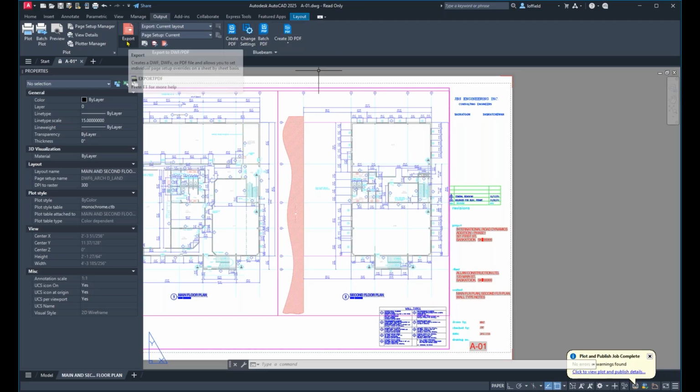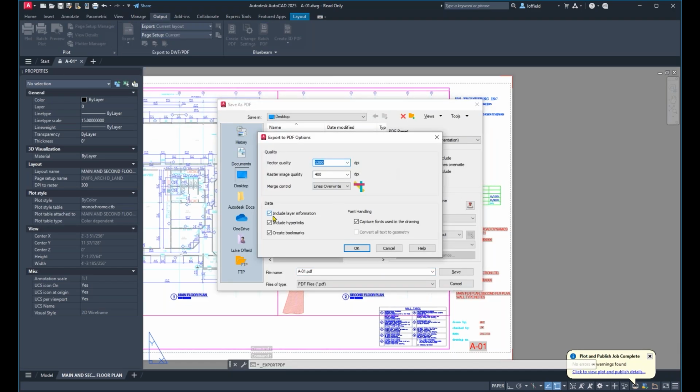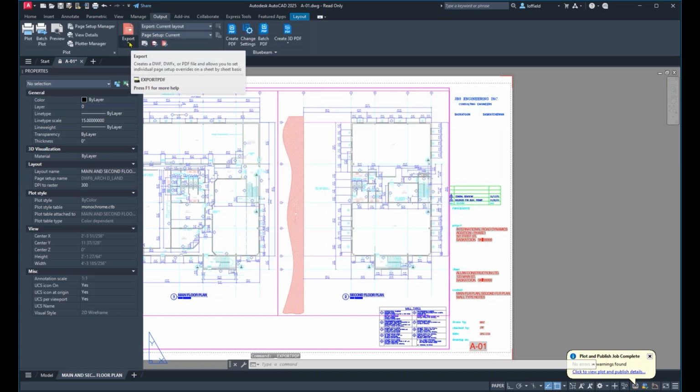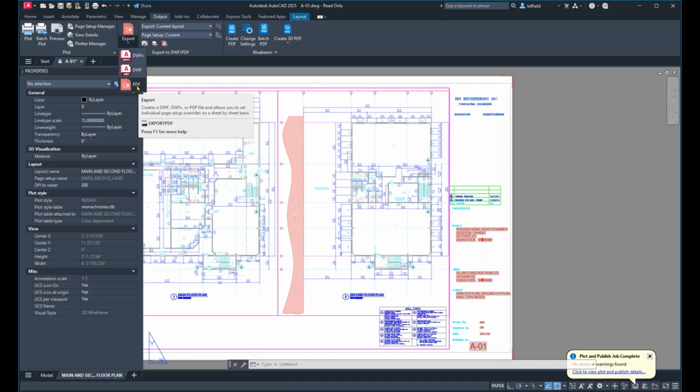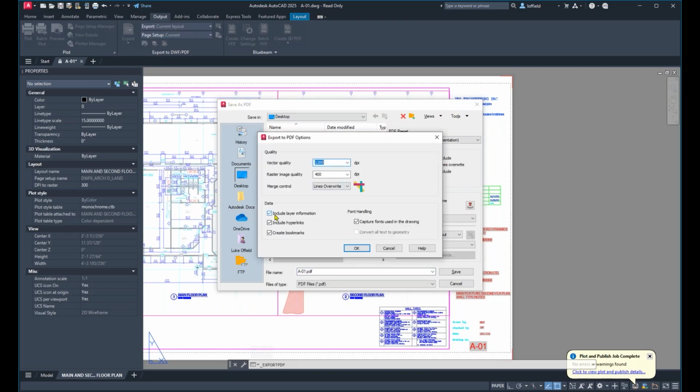Like I said, if we're wanting to make use of that layer data, we are going to want to make sure that we have this box selected here. And then just to go through that process again real quick. From our export button here, we'll click that and get our drop down and come to our PDF button, and come over here to options, and we'll click on that. And like I said, if